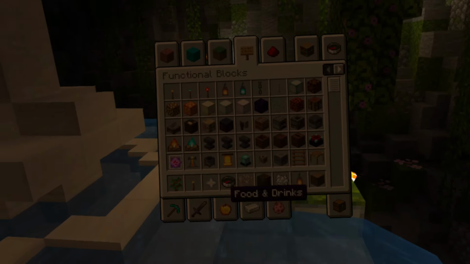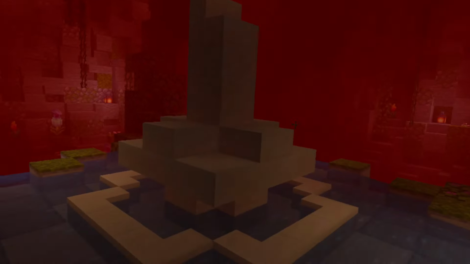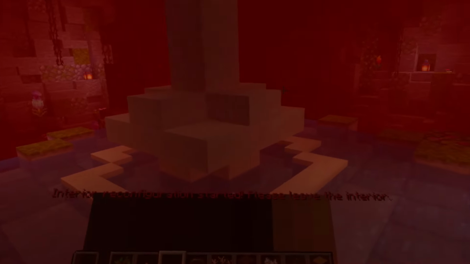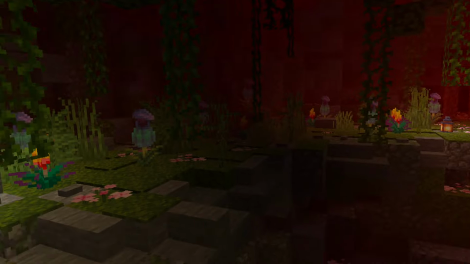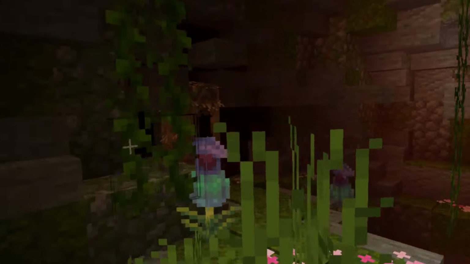You're going to need a Nether Star to basically kickstart the process of making a TARDIS. Once you get that Nether Star, you need to chuck it into the water area right here. And you will see the interior recognition is changing. The cloister bells and a red effect will start ringing, and that will basically mean you need to leave